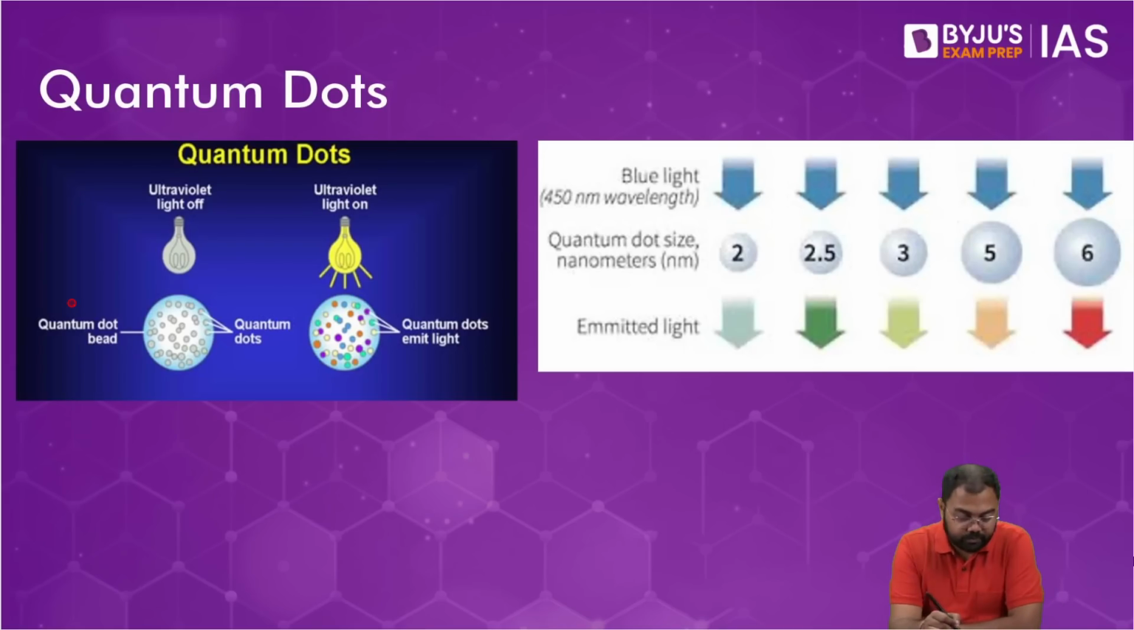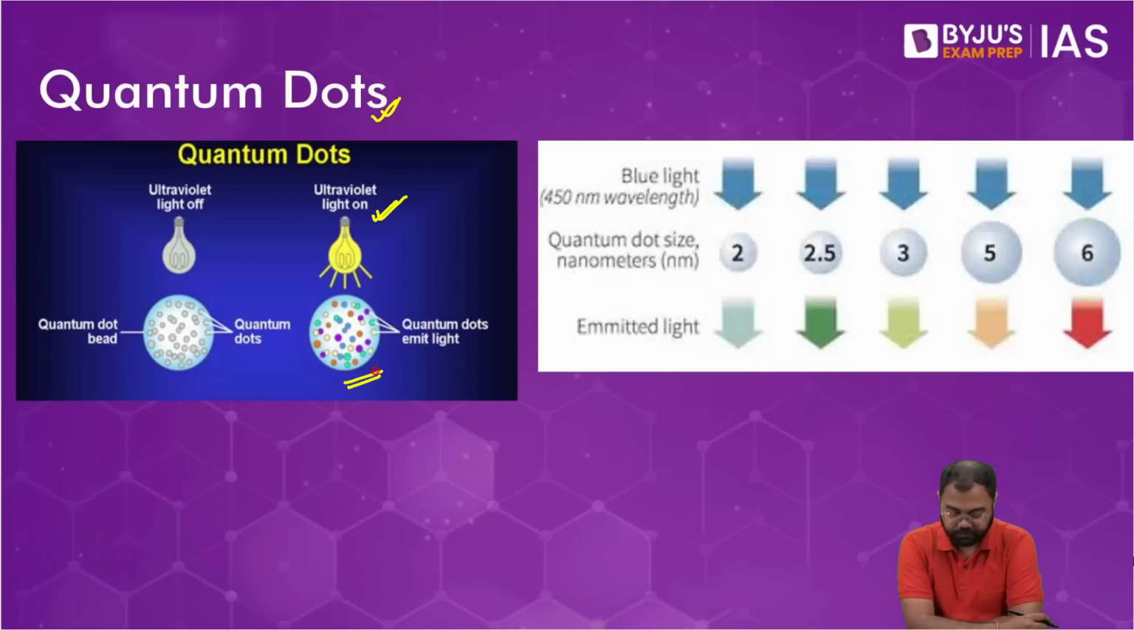Now coming to quantum dots. Quantum dots are a very unique material, nanoparticles which show very good optical properties. What kind of optical properties? For example, when ultraviolet light is incident on the surface of quantum dots, they would show different colors, right? They would show all these different colors, and what color they show is dependent on the size of the